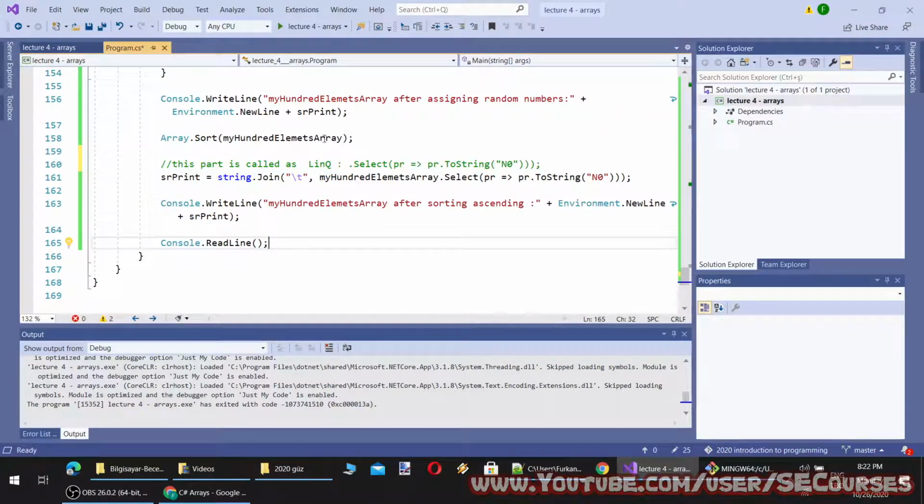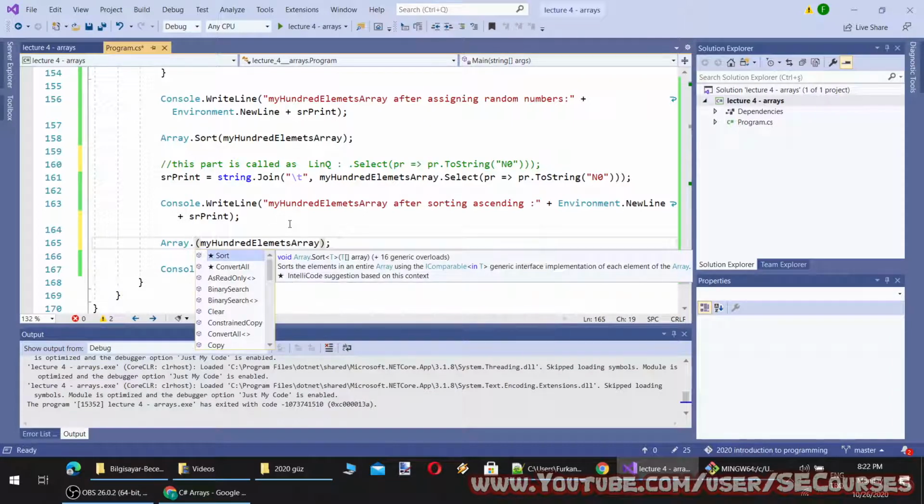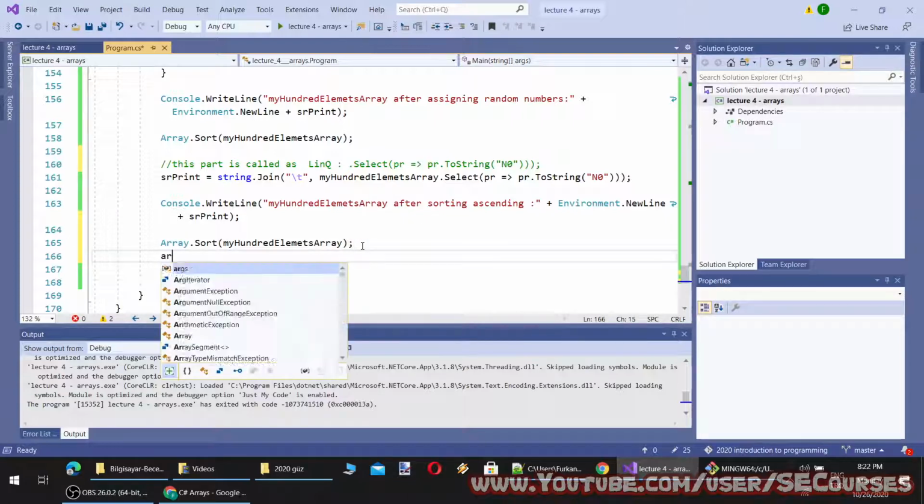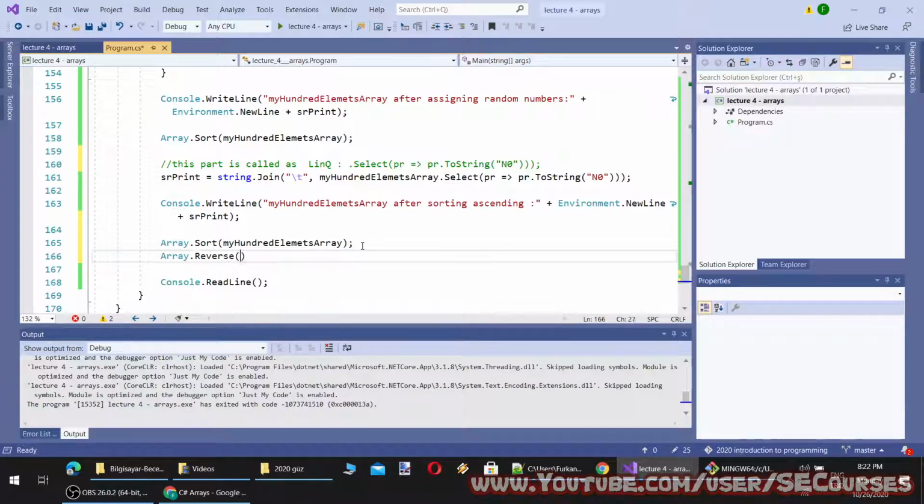I'm going to show sorting by descending. How am I going to do that? I'm going to do that this way. First, I'm going to sort. Then I am going to reverse.